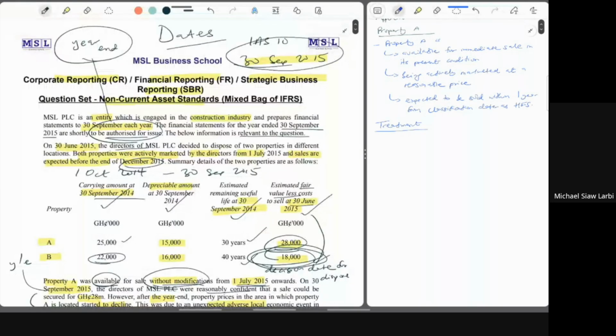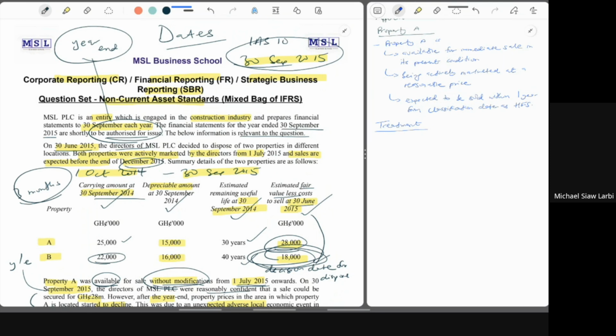Let's come back here. Let me show you something. I mentioned something about the importance of dates in accounting. So this question, we have October 2014 to September 15 as the financial year, right? When was the held for sale classification done? 30th June 2015. So technically from 1st July, right? How many months from July to September? July, August, and then what? September. So we have 3 months in the financial year when the asset would have been classified as held for sale. Would have met the requirement. So for a 3 month period, you should not depreciate.